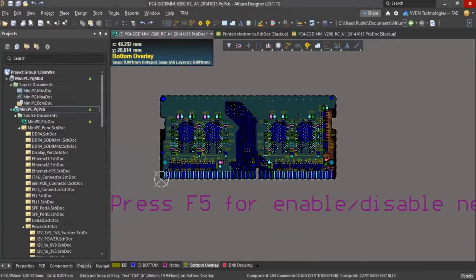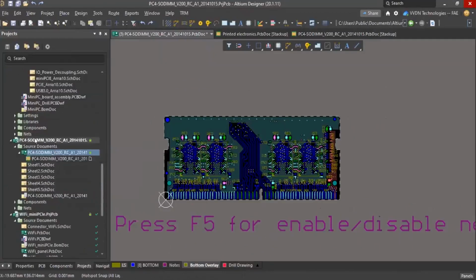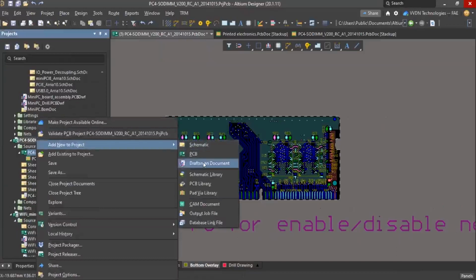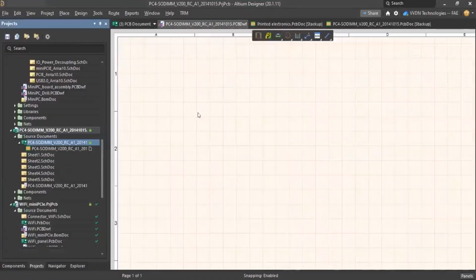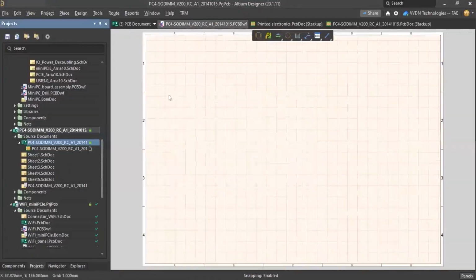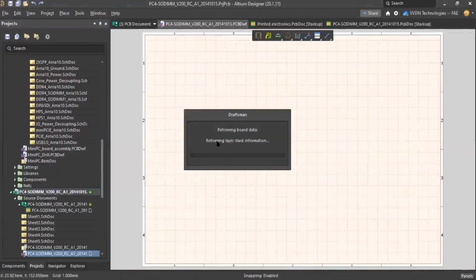Suppose you want to document this, maybe I'll add one Draftsman document. So we can place the layer stack manager, layer stack table, place layer stack legend with all the information.